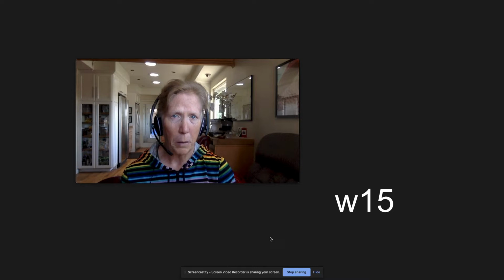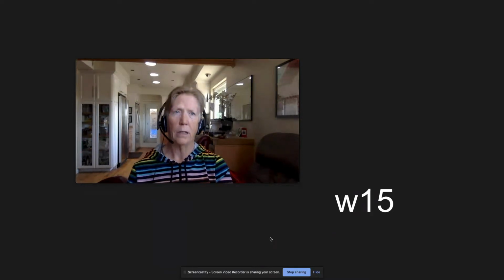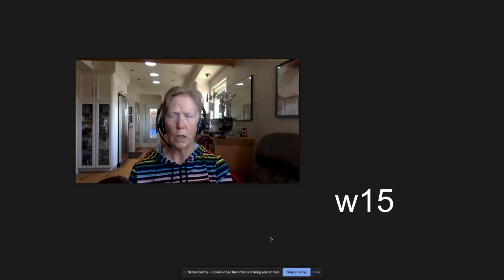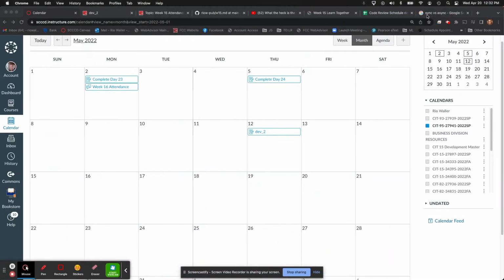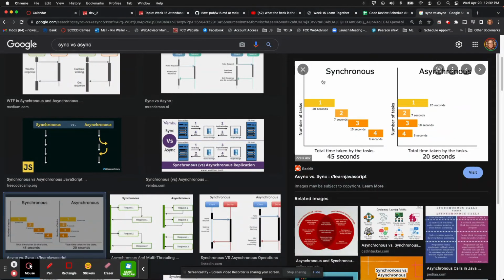So JavaScript, by its nature, had to actually modify the language to handle this because JavaScript, by its nature, is synchronous. So if you look at just this image, we've been writing, for the most part, even though we've been using callbacks, synchronous code. We do one thing, we do the next thing, and so on and so forth. So it's a waterfall concept. But when we're writing asynchronous code, we need to be able to make that network call and do other things while we're waiting for that network call to come back.